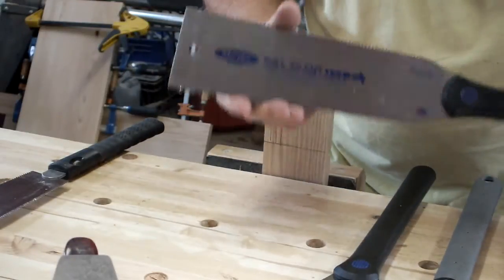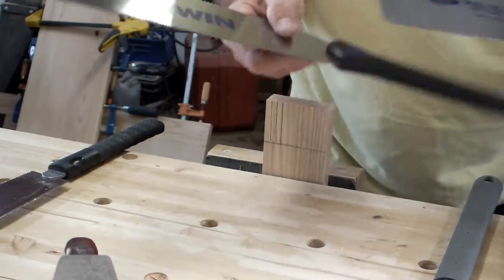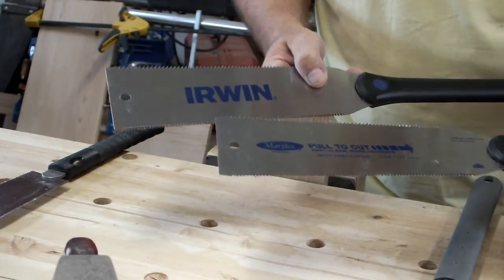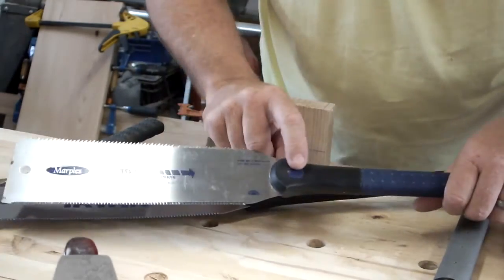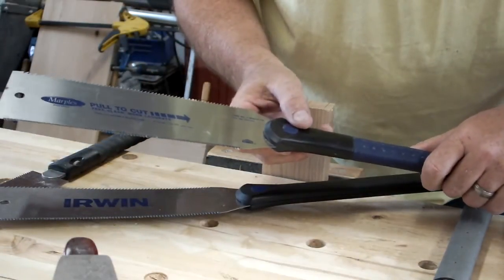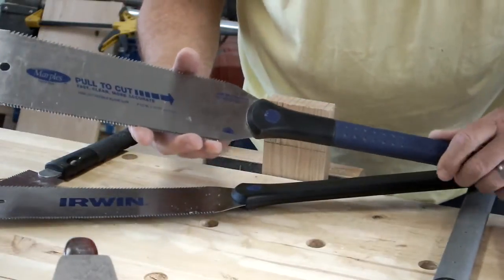But you can't get this anymore. This was sold at Home Depot. They quit selling it. Irwin and Marples linked up, and there's some mystery conglomerate from God knows where. And have they cheapened the saw? Yeah, they've cheapened the saw. They have the same connection mechanism which they copied from the old Shark saws from almost 20 years ago. So that's the same. The handles would be interchangeable, but